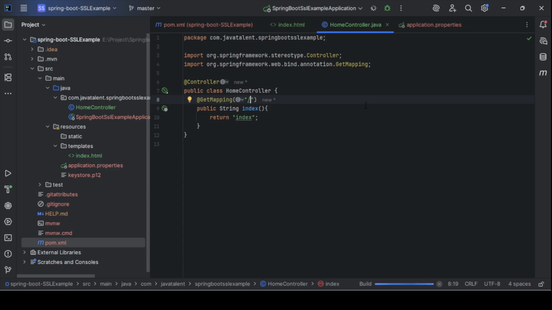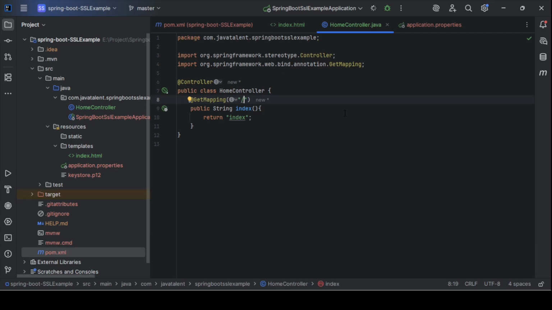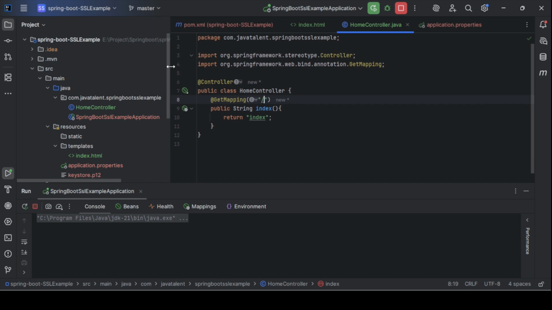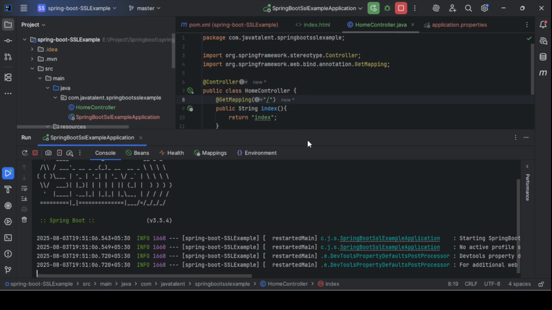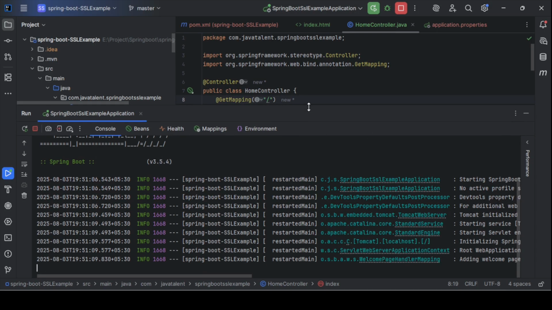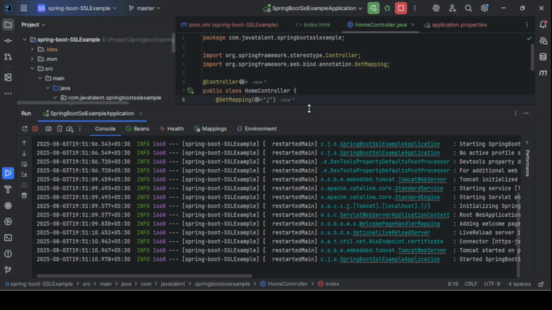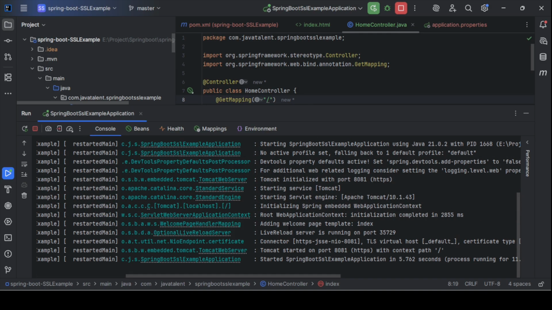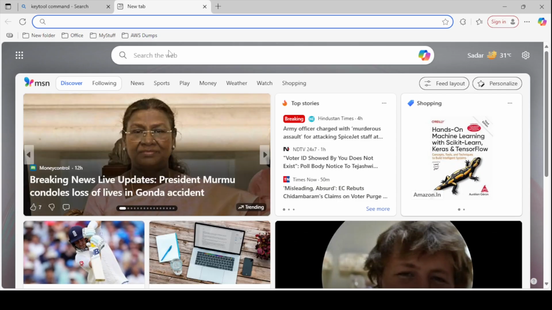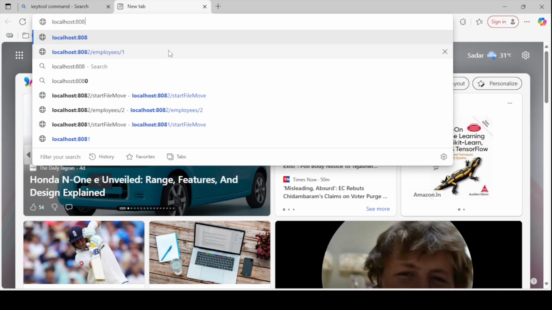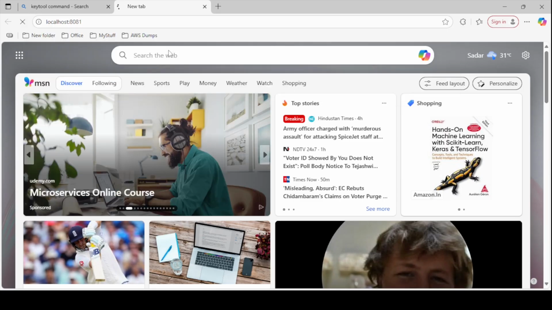Earlier, whenever you ran your applications on localhost, meaning locally, you did not need to bother much about HTTP or HTTPS. Now, if you hit the HTTP URL for that localhost, let's see what is happening, because we are going to secure our URL this time. My application is running under the 8081 port. So let me put in localhost 8081. I have not given any value, right? So what will happen? See,